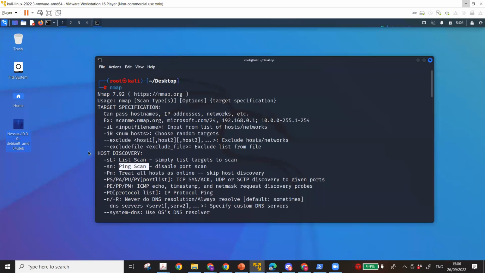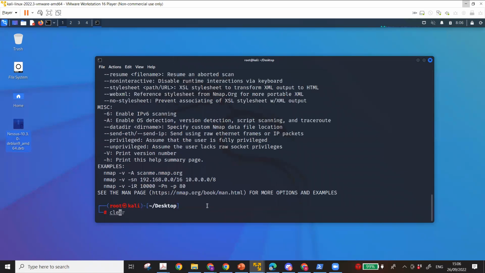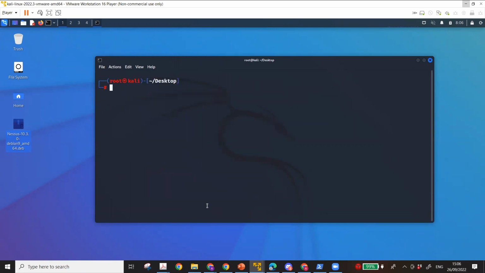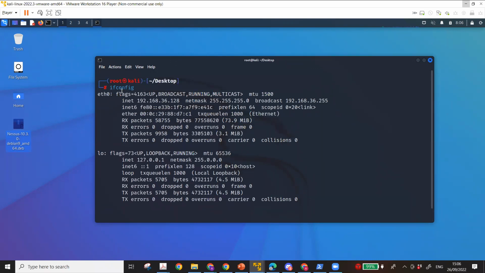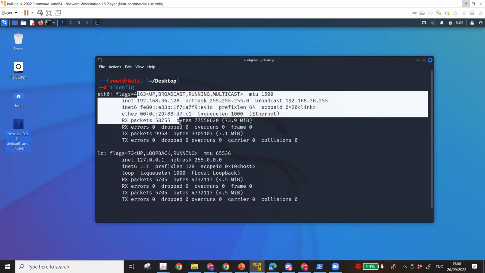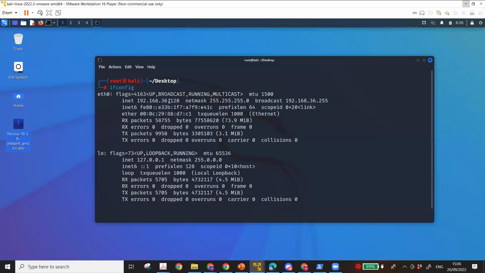So let me show you, if I use nmap with -sn, what can I do with it? Let's just say that I'm on the network of 192. I just wrote ifconfig and checked my IP. I'm on 192.168.36.128. This is my IP address of Kali. So I'm basically on this network,